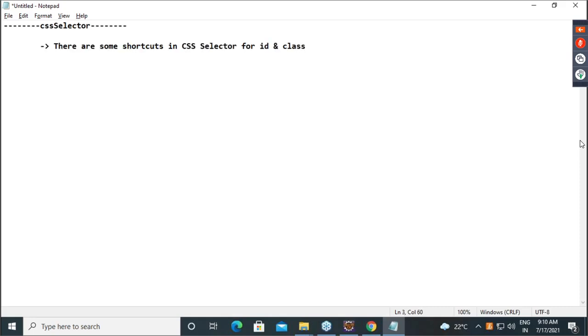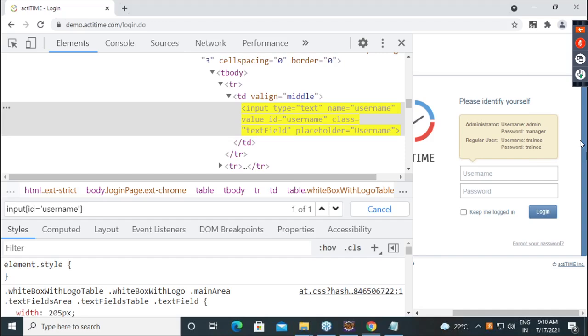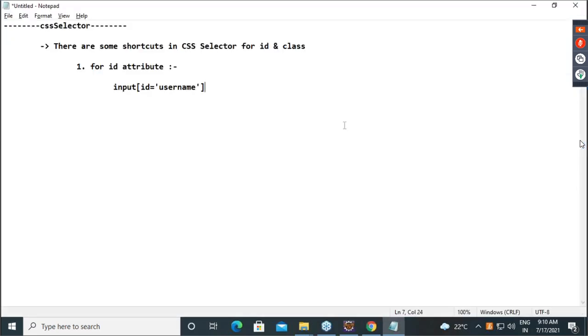Now observe this. Let's say first we will take the ID attribute. If you want to do it for the ID attribute, how are you making the CSS selector? Like this. Am I right? You are doing it like this. So now what is the difference between this one and this one?